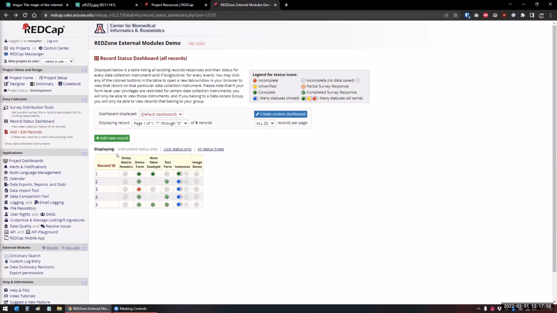But as long as you're just importing, for me, I might import 50, like we have a project where we're getting data from other projects and we're importing it into REDCap as new record IDs, but I might want to indicate that the import for all those new records is complete, and I'll forget, and then I'll have to go back and have a column for record ID, a column for like sticky matrix headers underscore complete, and then all of those are 2, and then set them all, run it, and it'll update all those records. So yeah,